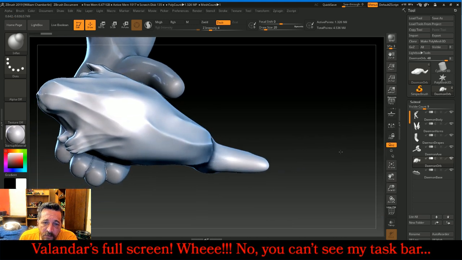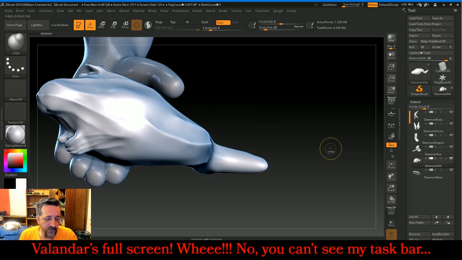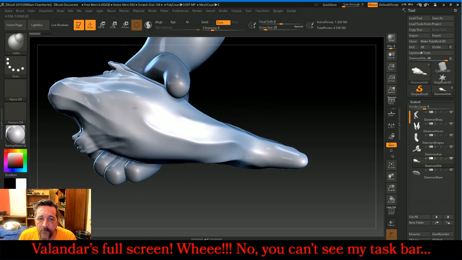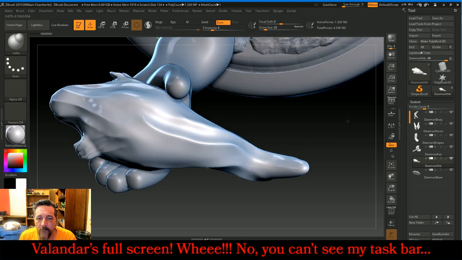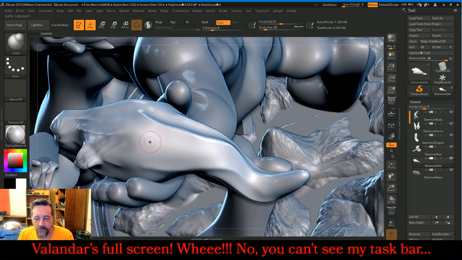And that wasn't quite enough. So let's hit Control Z. I'm going to increase the intensity to 6. And then